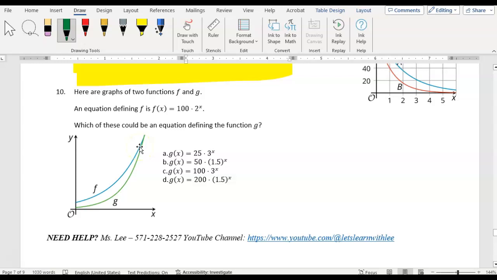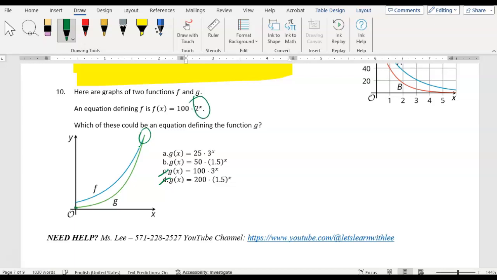Here are graphs of two functions. An equation defining f is f of x equals 100 times 2 to the power of x. Which of these could be an equation defining the function g? So notice that g is growing faster than f because it starts to reach a point where it's going to be overpowering that. And the curve is steeper. However, it is starting lower. So our starting value should be less. That helps us to eliminate c and d. And then it should be growing